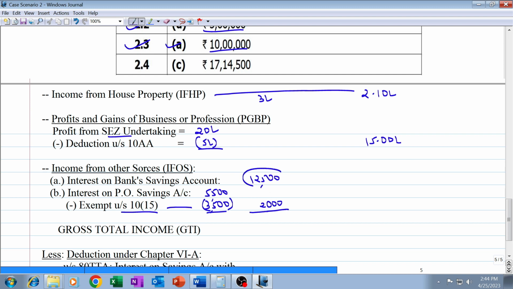Of course 80TTA will be available on 12,500, but that will be taken into account later. 14,500 will be the IFOS income. Gross total income will be 2,10,000 plus 15 lakh plus 14,500,